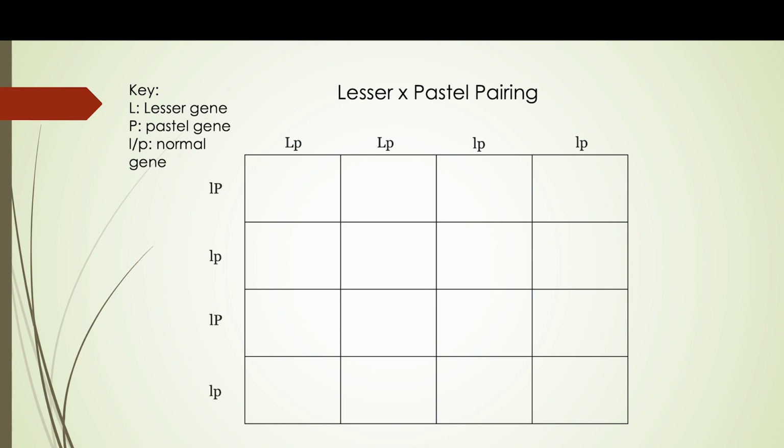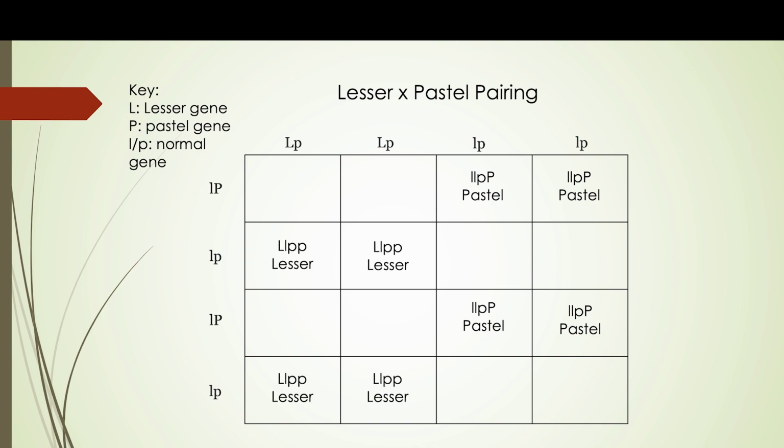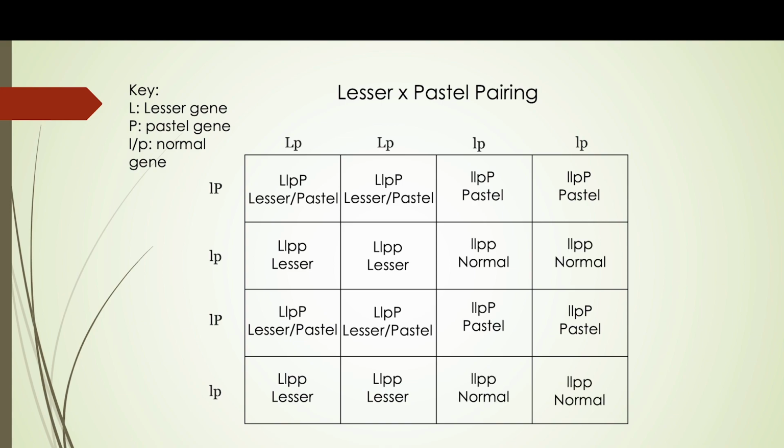So you can see here we're going to have a 25% chance of the offspring being a pastel, having the 2 lowercase l's and 1 uppercase p. We're going to have a 25% chance of the offspring being lessers. We're going to have a 25% chance of the offspring being a lesser pastel. And we're going to have a 25% chance of the offspring having neither the pastel or lesser gene and being a normal. So they can pass on one gene, both genes, or neither, because each exists at a different locus